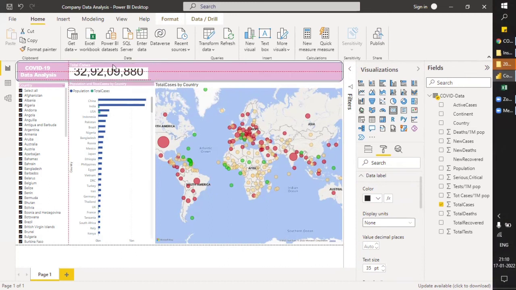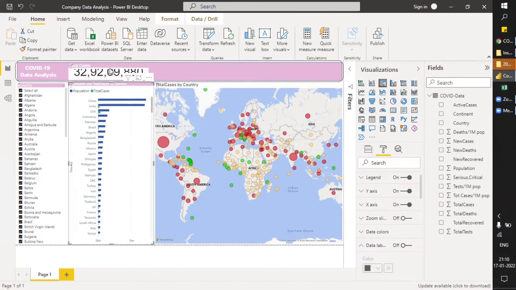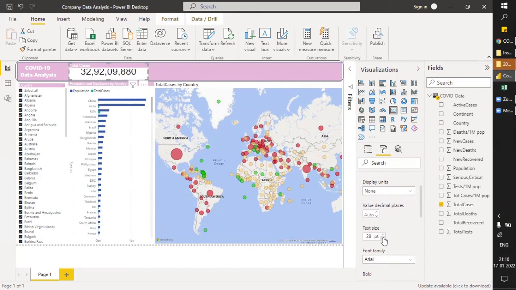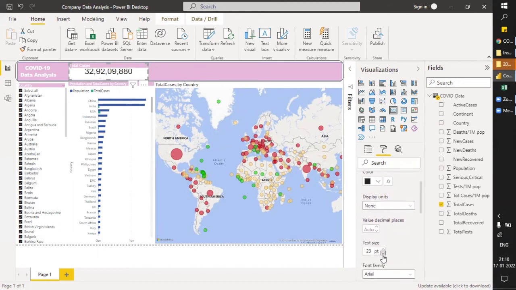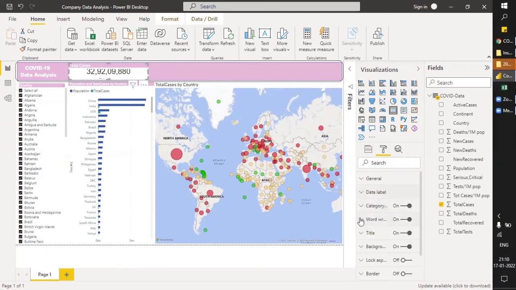Okay. Let's make it smaller. Okay. We don't need that. Can it be center aligned? Yeah. It's category, at the bottom.